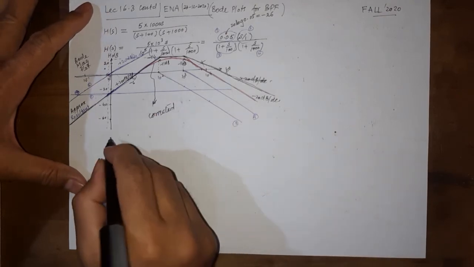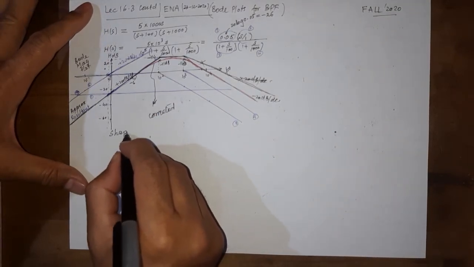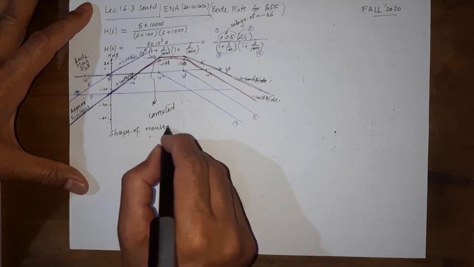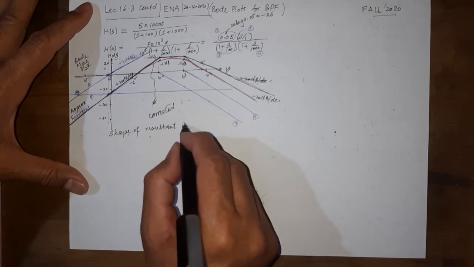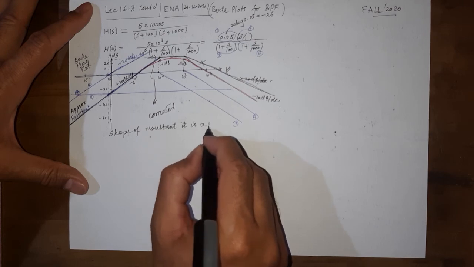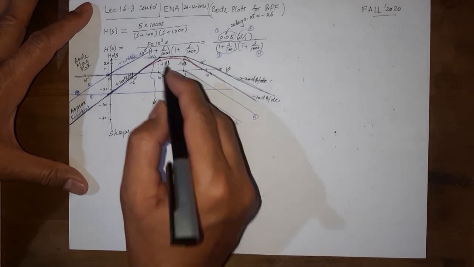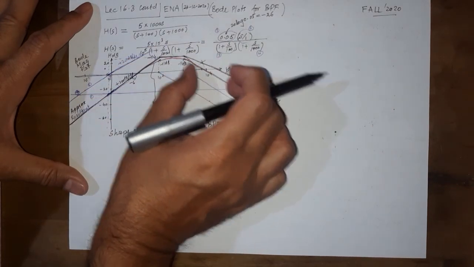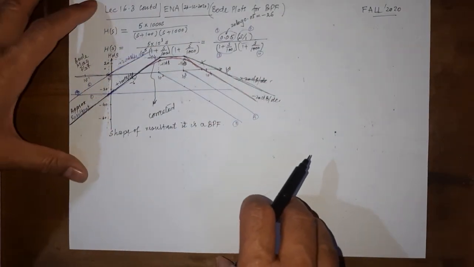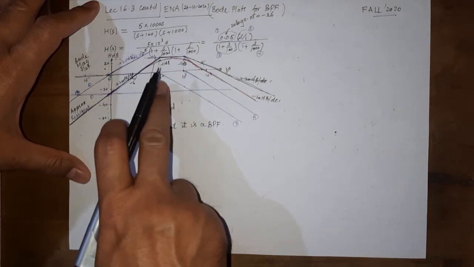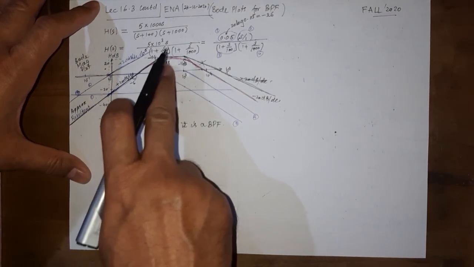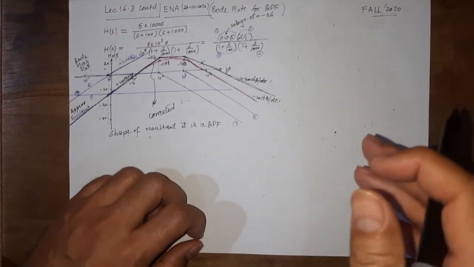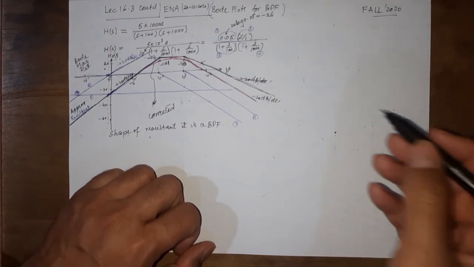So by the shape of the resultant, you can see it is a band pass filter. There is a hump, then the lower frequencies are not good at passing and the higher frequencies are also not good at passing. These frequencies in the range 100 to 1000 radian per second are more easily passed or have a higher pass band gain. That is what is required.